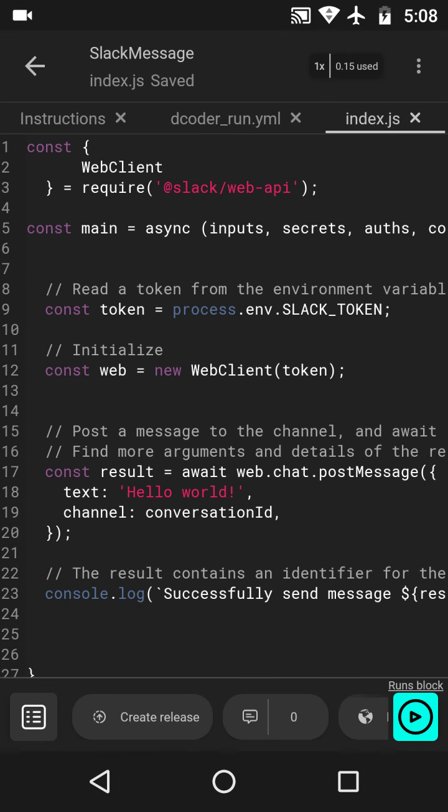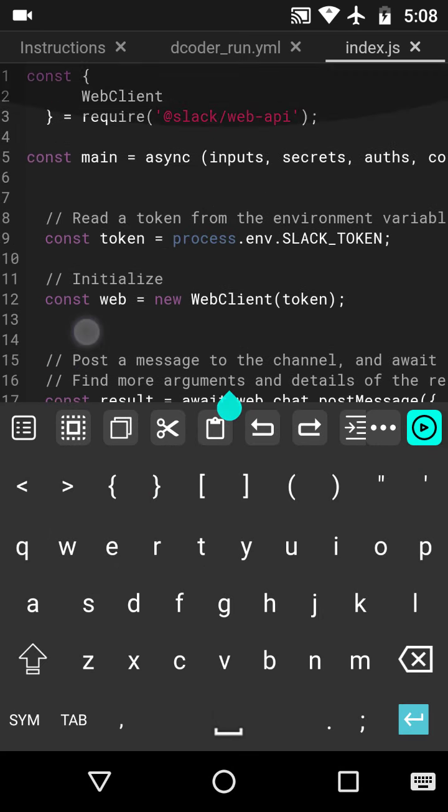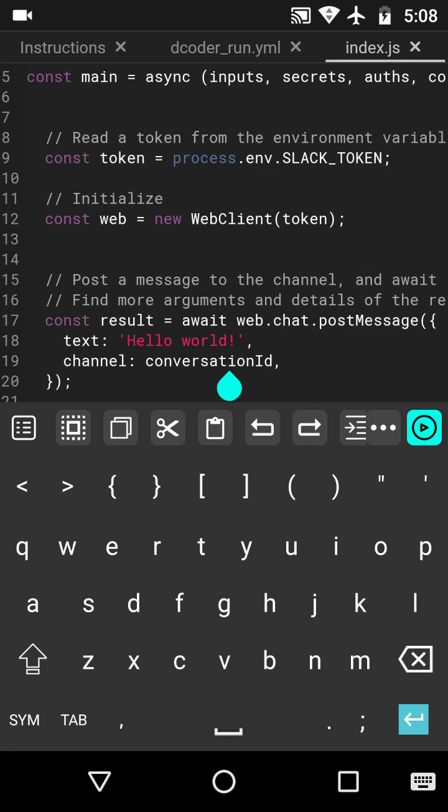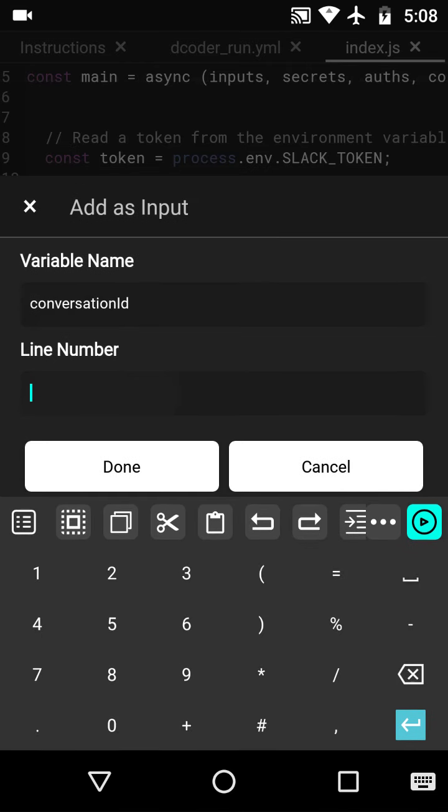Now we can see the post message function takes two parameters, text and channel. Let's make them inputs for this particular block. Double click on conversation ID. Click on add as input.